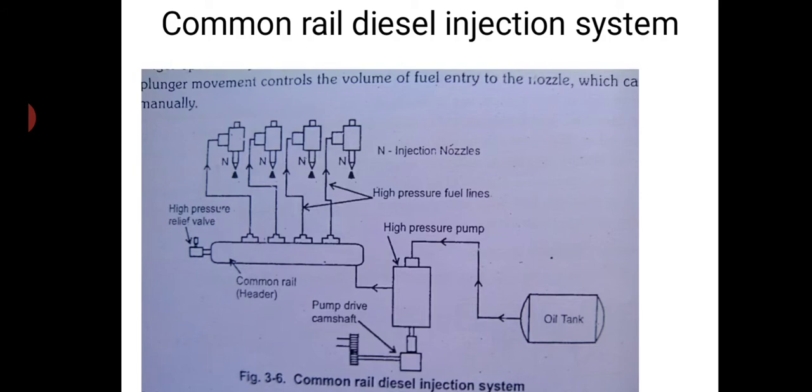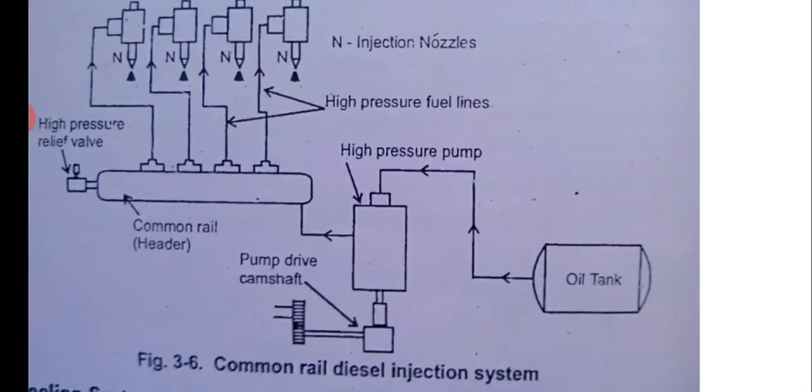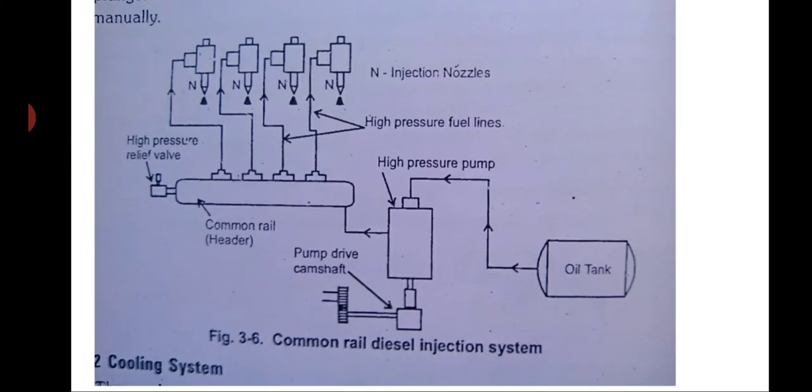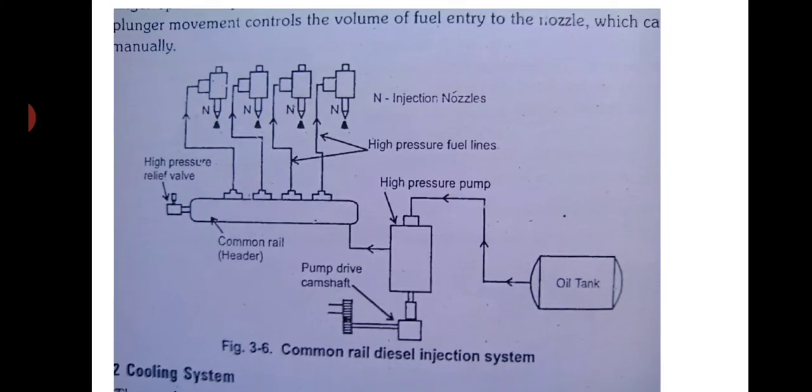Now what is this common rail direct injection system? Okay. Now you can see here there is an oil tank. From the oil tank it comes to the high pressure pump. These high pressure pumps are really high pressure. They generate somewhere around 1000 to 2000 bar based on the application. Maybe for a three-wheeler or a light commercial vehicle it is around 1000 bar, but for cars it is almost 2000 bar, as against 250 bar in the earlier pump system. So this is almost 5 to 6 times more than that.